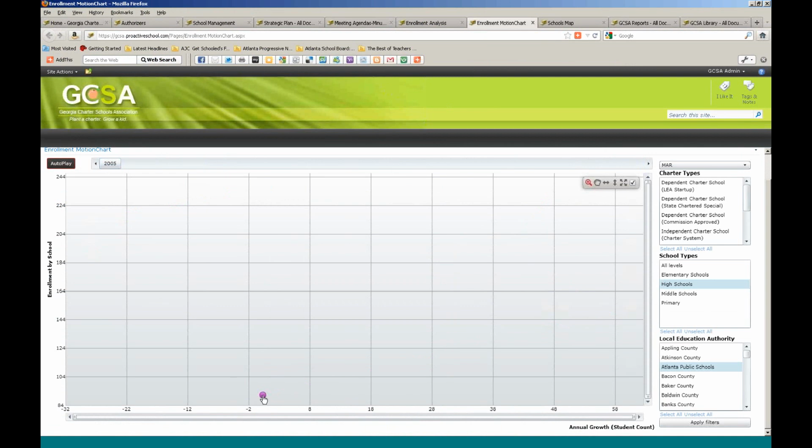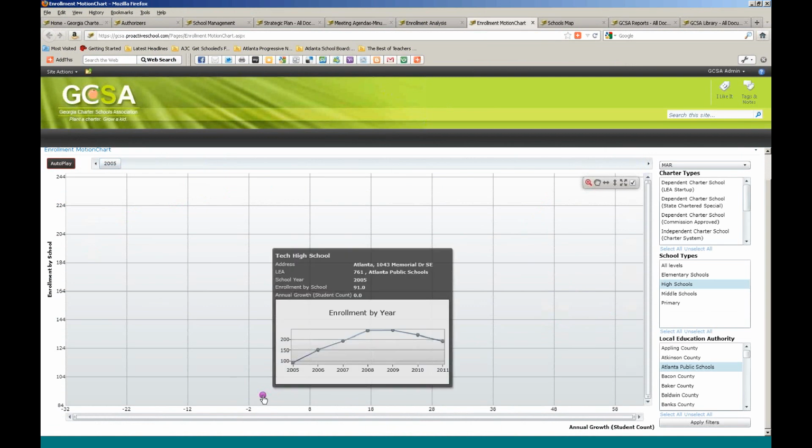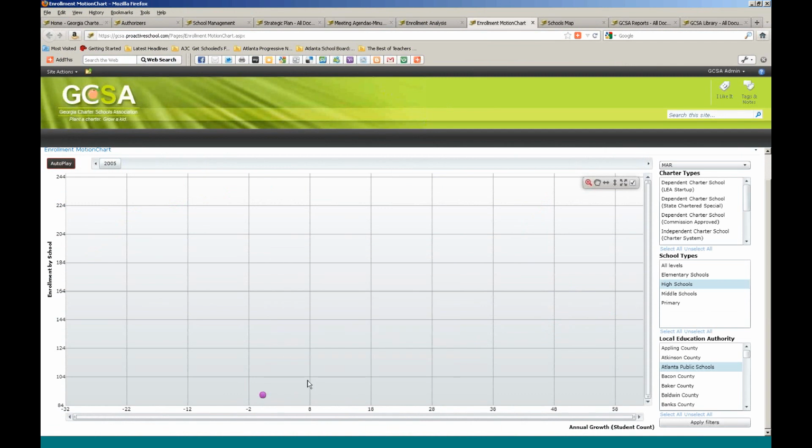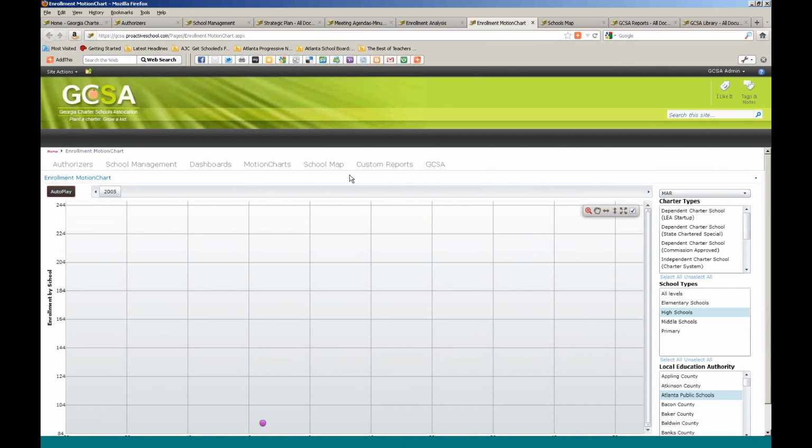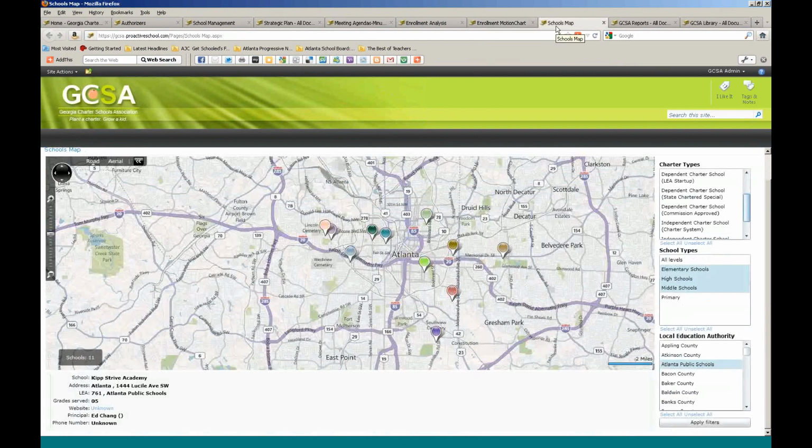Now let's take a look at the school map. Let's make our way over to the school map. What we currently have displayed on the school map are all of the charter schools in the Atlanta public school system. How can we use a function like this? Well, let's say you have a high school,